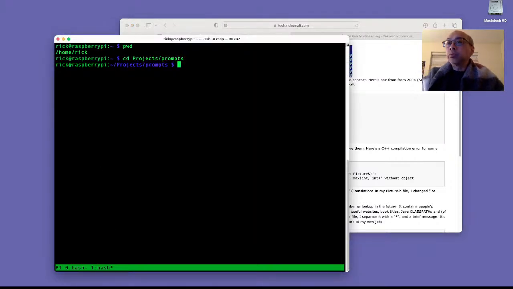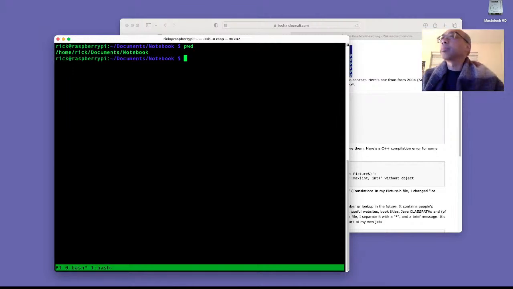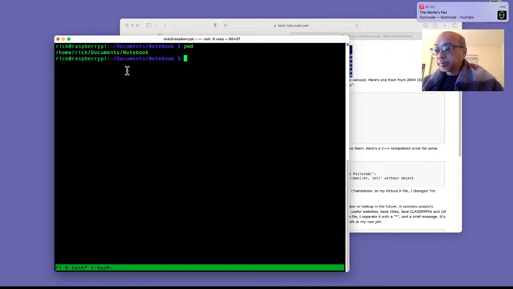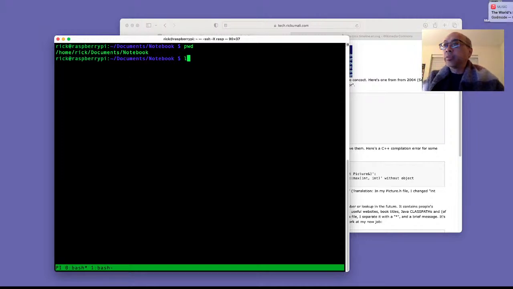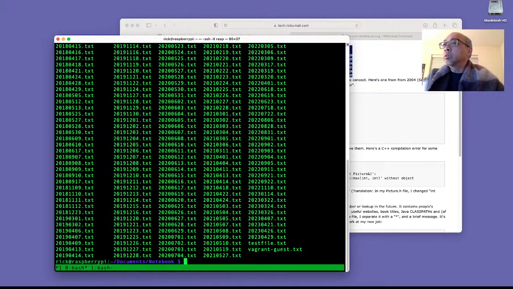For example, here on my little Raspberry Pi running Raspbian, I have a notebook directory, and this directory contains, I don't know how many files are in here.